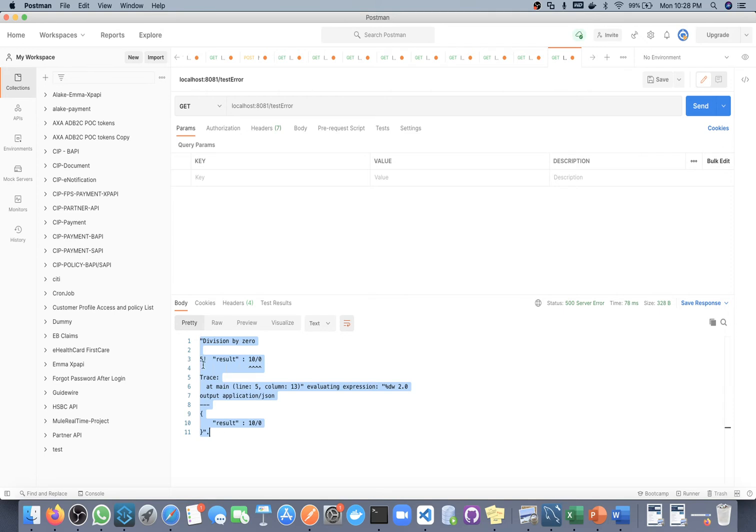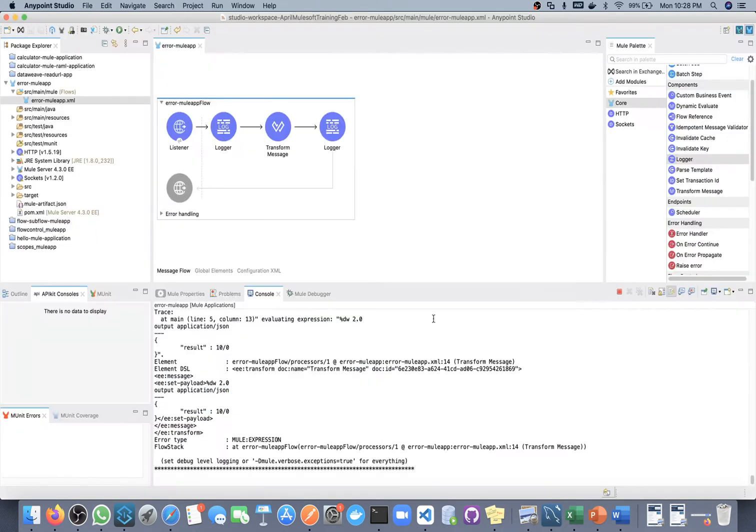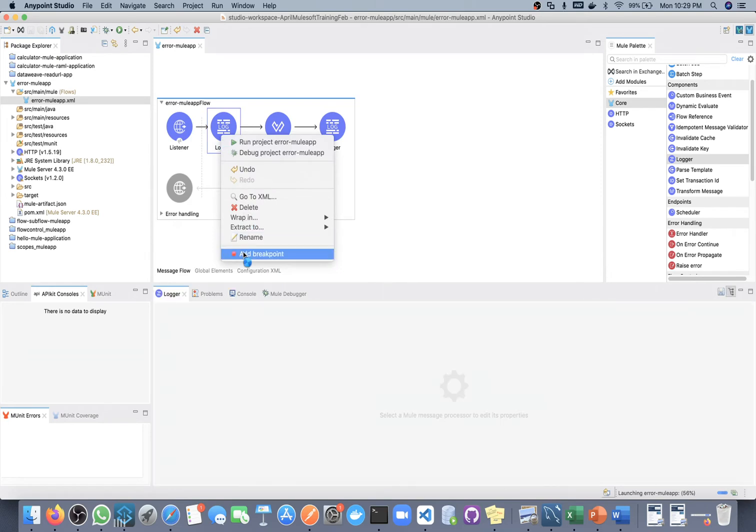We are getting this detailed description here, and we are getting 500 here. To see the exact things, I will stop this and start in debug mode, and I will add one breakpoint here.